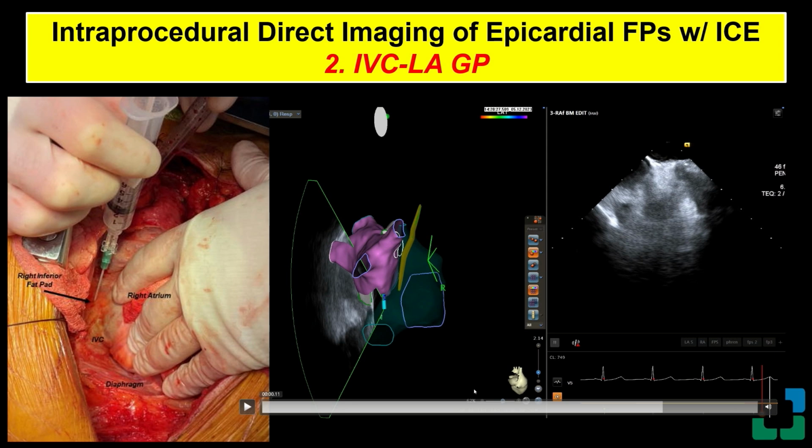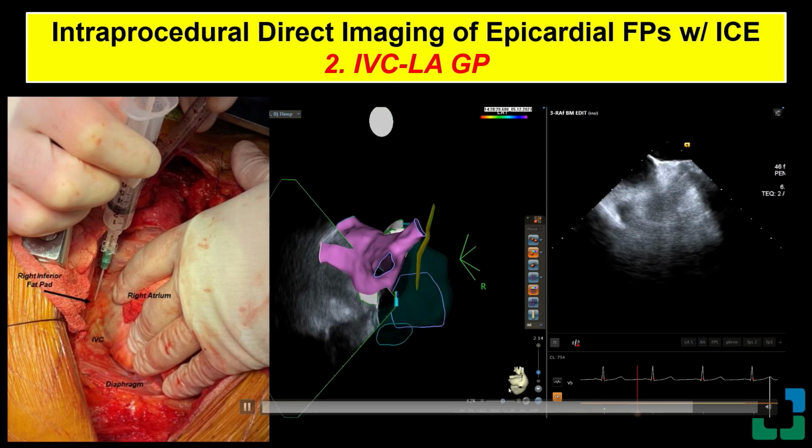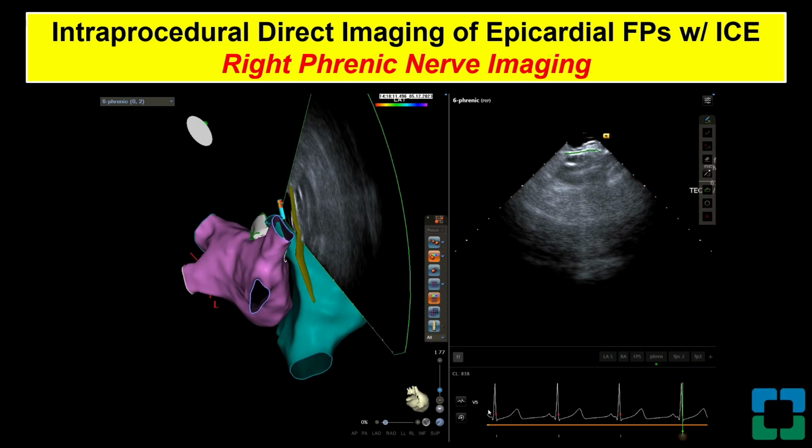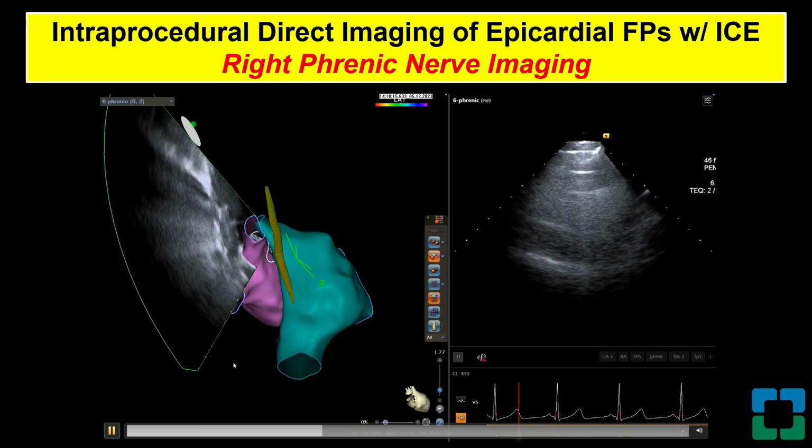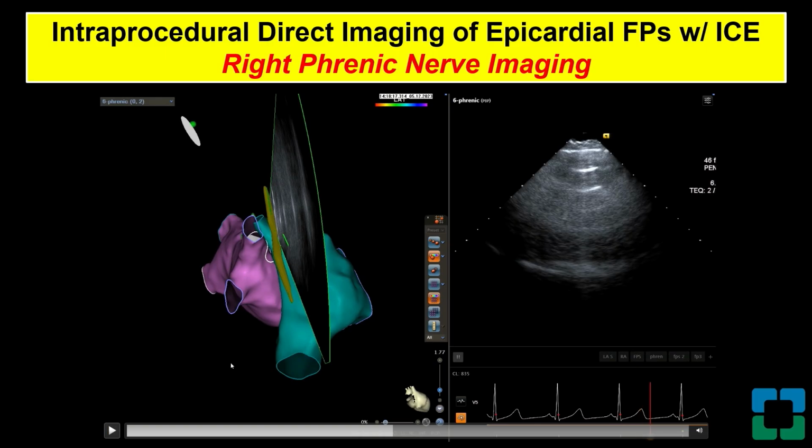It's not based on any other form of surrogate markers like electrograms and so forth. It's simply by visualization of where the fat pads are. The other benefit of intracardiac echo is you can also look at structures that you don't want to injure. And of course, this is something that is quite unique. And I did personally learn this from orthopedic surgeons when they do injections under ultrasound of nerves.